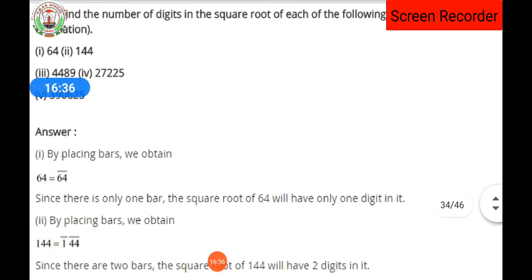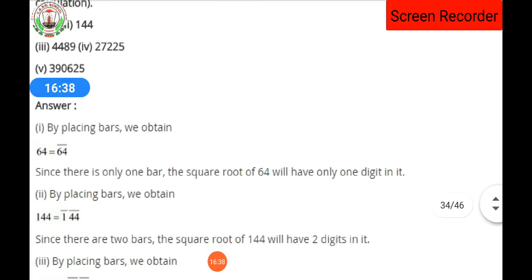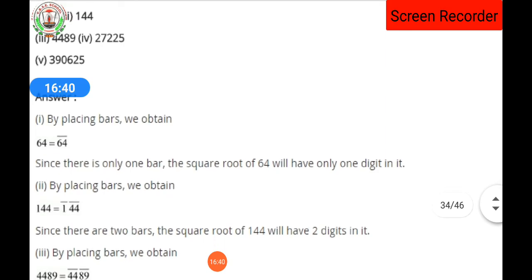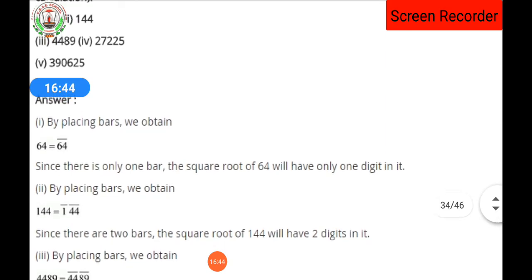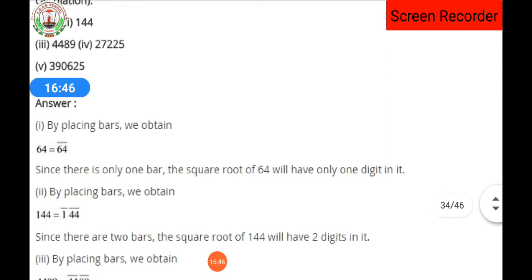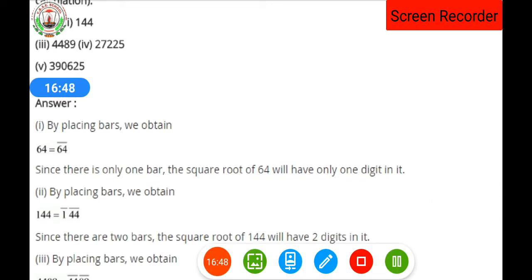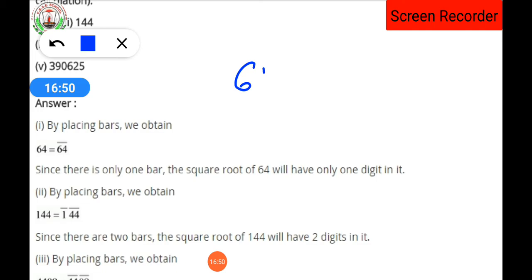Now, without calculation, you have to find the square root. Okay, now how to find a square root without calculation. So you can see here the first number is 64. What is the number we have here? 64. Now, by placing a bar, as we know that while finding from the long division method we are making